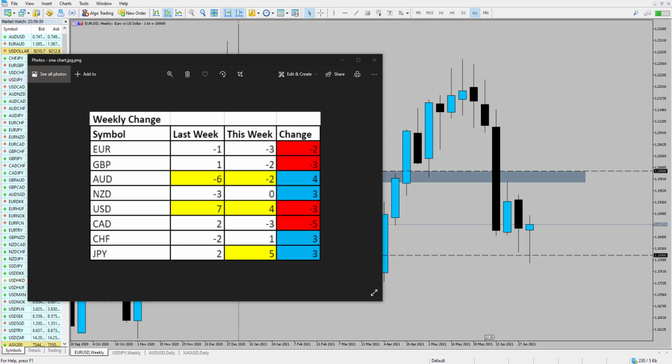In this video, I'm going to be taking you through the week ahead analysis. We're going to go over the strength and weakness and what's going to potentially happen going into this week. Now, we've actually seen quite a few significant changes to the strength and weakness chart. The only thing is that we need to break this down and look at the charts as well to see where we could be focusing some attention,